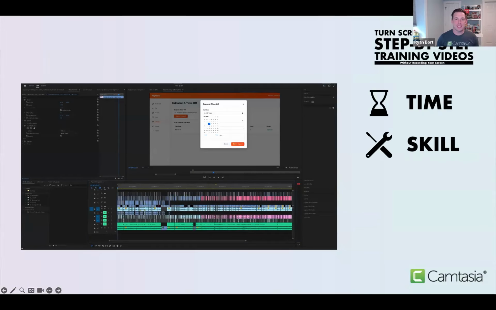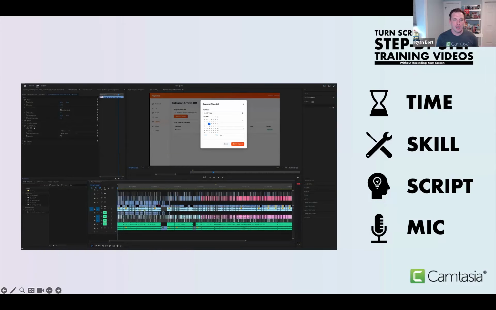It's going to remove the skill barrier, because not everybody knows how to use a video editor, or even if they do, they may not have all the tips and tricks that make your video pop. And he's going to skip the scripting altogether. That's going to be taken care of for him. And he doesn't need a mic or other professional equipment, because we're going to generate all that for him, so he can record a video from anywhere, regardless of his